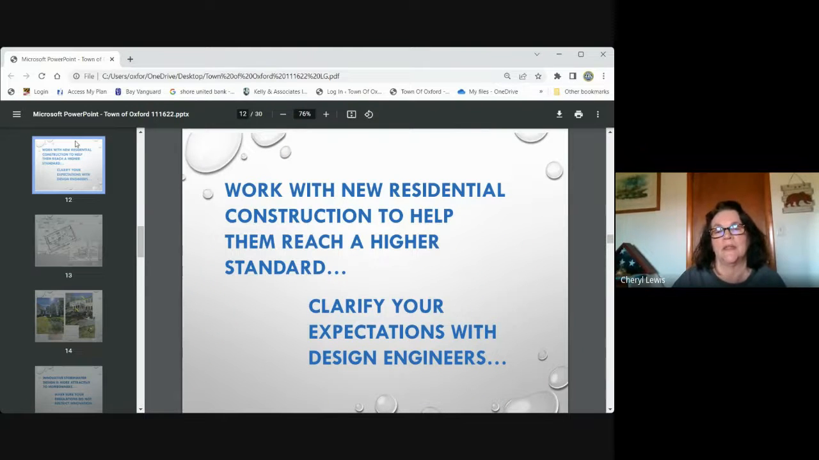Working with new residential construction, we try to help them also reach a higher standard. We also try to clarify our expectations with design engineers quite often on a new project. And when I say new project, let me explain: that would be a replacement building on an old lot, because we have very few undeveloped lots. But design engineers are very quick to do the 10% calculation and tell you, you need this many trees and they can go in that corner, and they present their plans. We try to let them know up front, we expect to see more creative, innovative ideas when they present a new